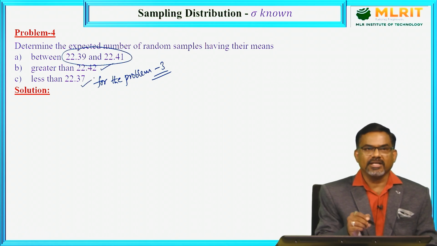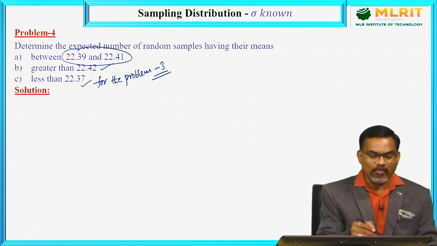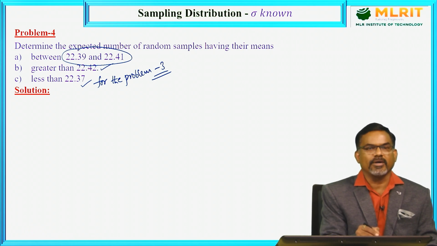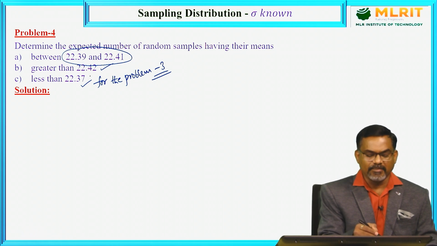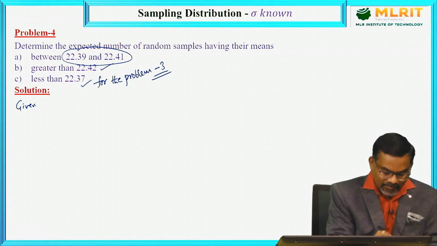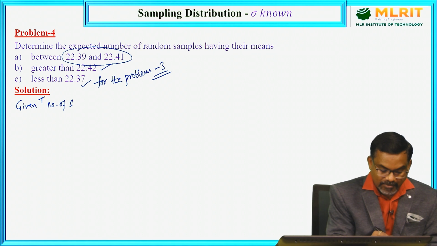So, to find the number of random samples, first we need to calculate the probability of a sample whose mean lies between these two values. Similarly, to find the number of random samples having the mean greater than 22.42, first we need to find the probability of a sample which has the mean greater than 22.42. Similarly, the last one. Here again we need to consider the same data, the total number of samples